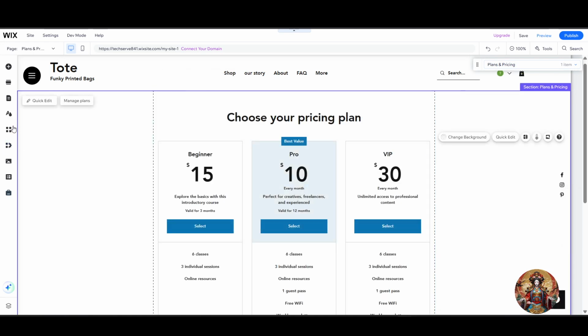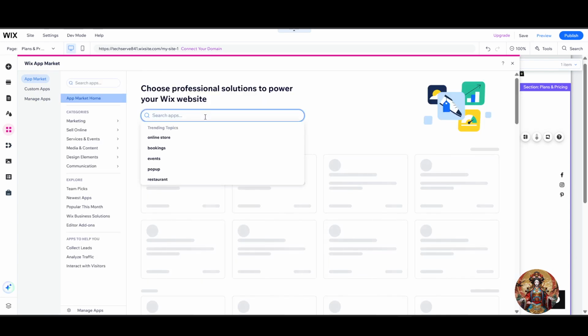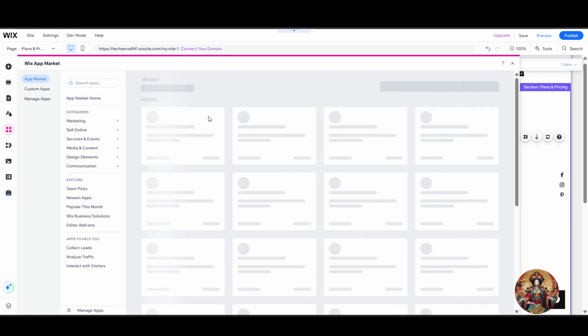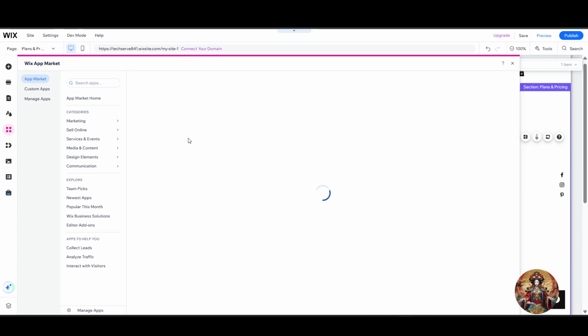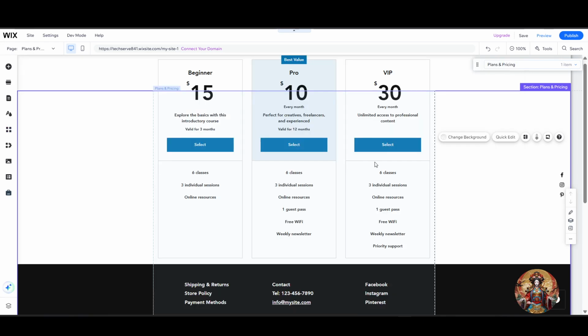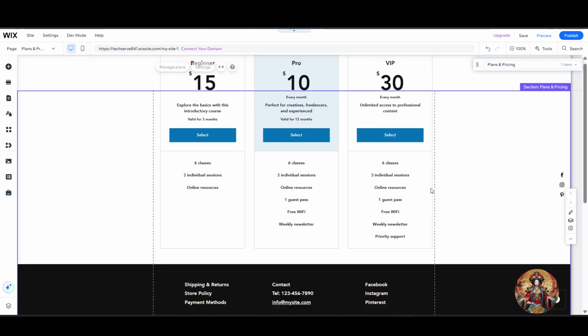Now let's go back into add apps. They have a lot of options, for example, pricing app. Just hit the enter button. Now if you click on this, let's see how it looks. This is a basic one. This is not that good, but if you go back and search again, okay, this should be something. Okay, I have finalized this one. I will simply drag this into,